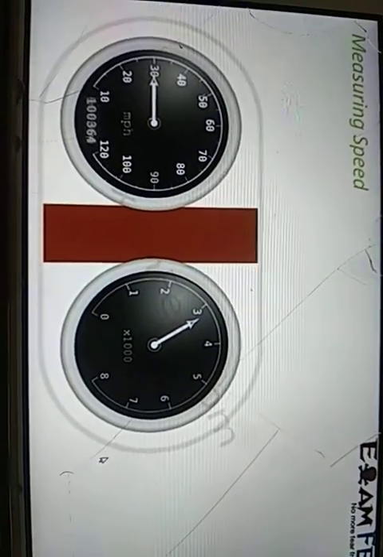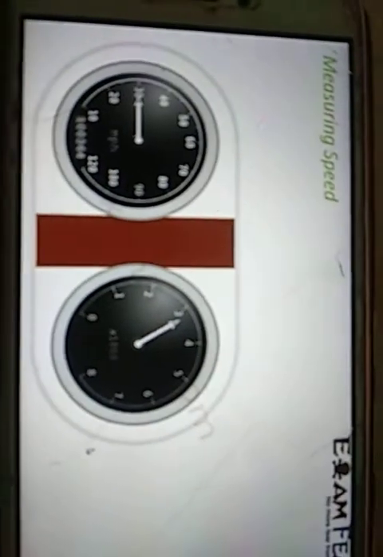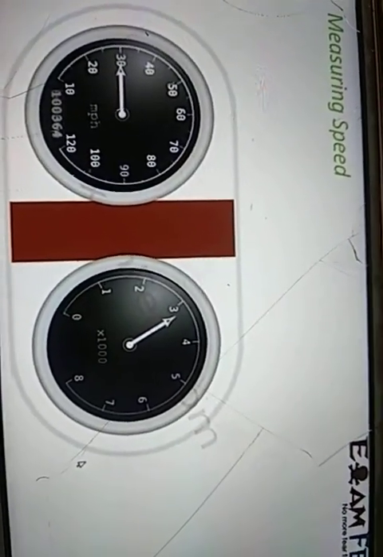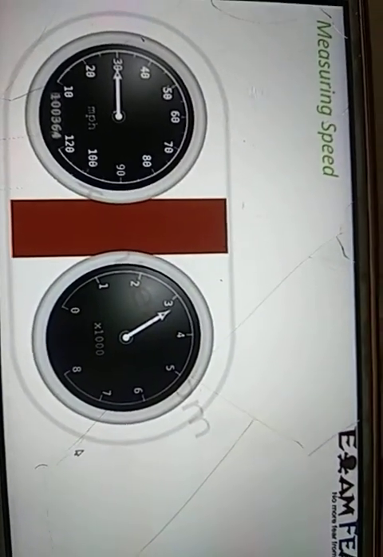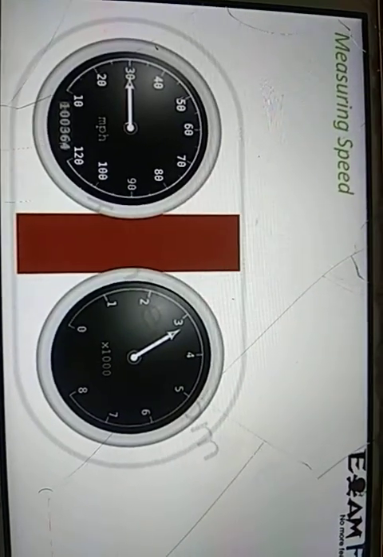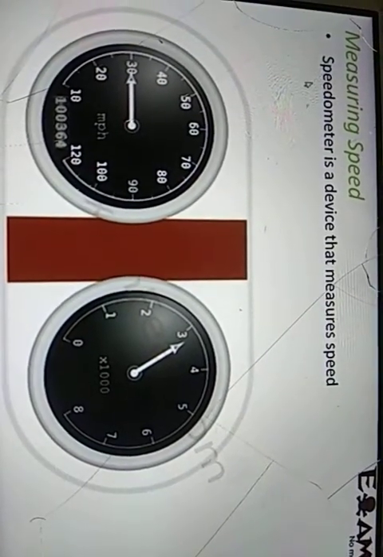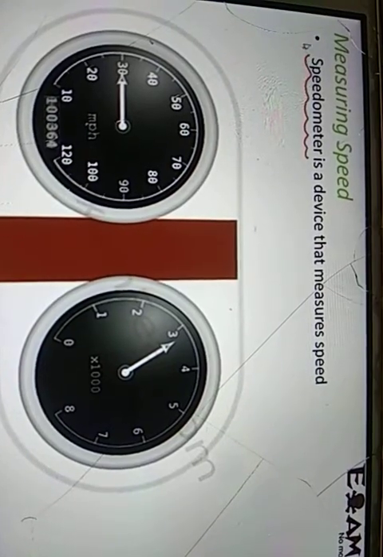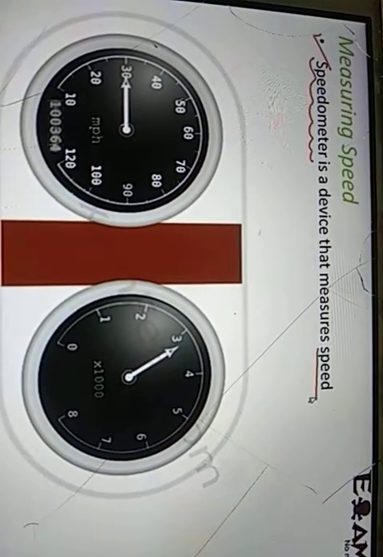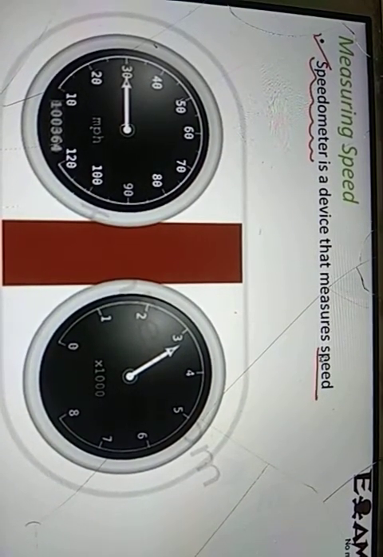Now when it comes to measuring speed, the unit is something which is needed for measuring the speed. Besides that, there are certain devices also which are used to measure speed. They are evidently seen on vehicles. If you get time, just try to observe in motorcycles or bikes or cars, and you will be able to see these kinds of devices. The device is called a speedometer. A speedometer is a device that measures speed. Of course, the name speaks for itself.